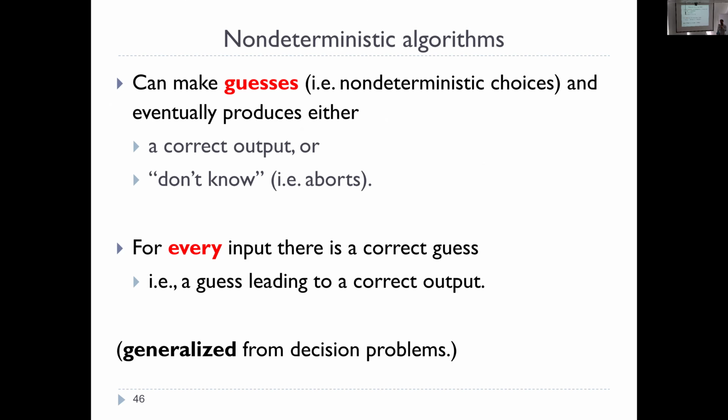Those algorithms can make guesses, and then given a guess, there is a standard deterministic algorithm that produces either a correct output or I don't know. But we also require that for every input, in this case for every graph, there is a correct guess. So there is maybe a Gomory-Hu tree that,